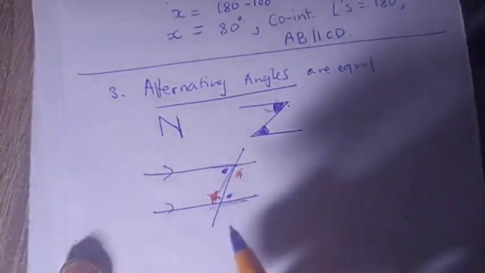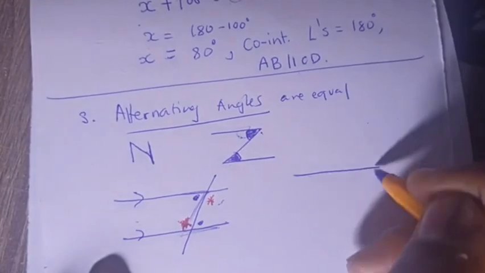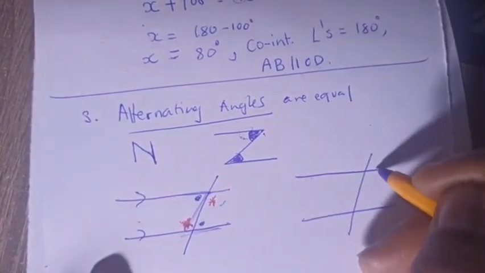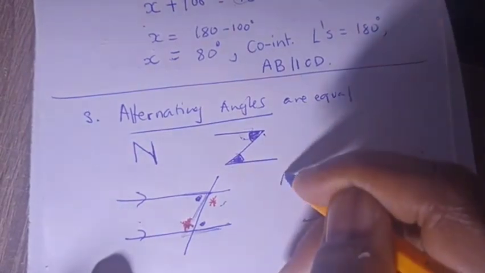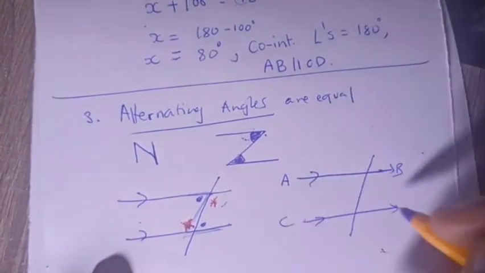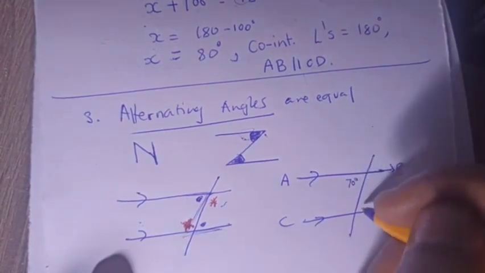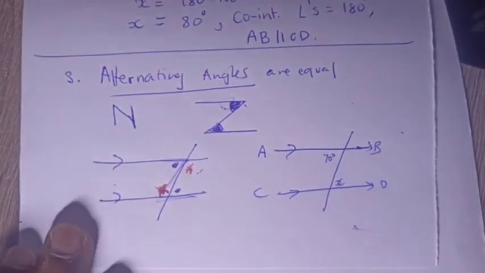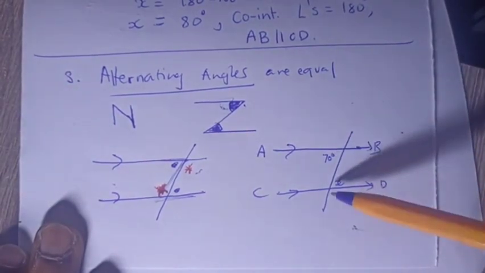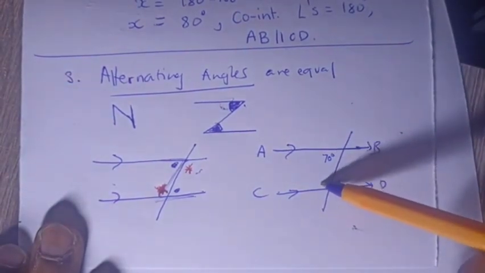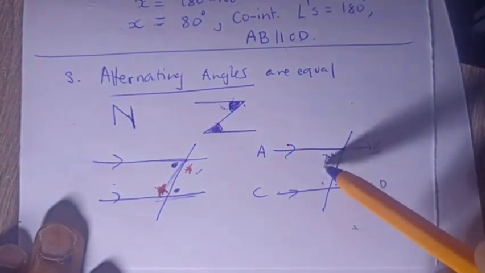So parallel lines, obviously. If this is not there, we cannot use these two rules. So let me show you. Okay, parallel lines. Let me put them here. A, B, C, D. So let's say this is 70 degrees and they want you to find X. Okay. So firstly, are they co-interior? No. If it was co-interior, the X would have been inside there. It's not inside. Is it corresponding? If it was corresponding,